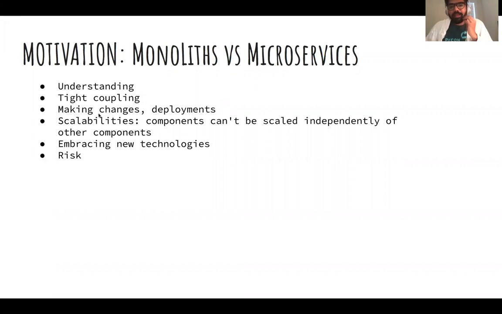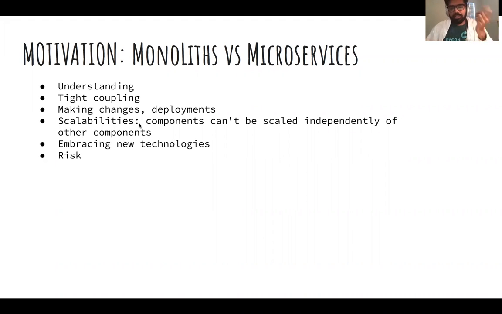The other thing is tight coupling. In a monolith, if you have to scale something up, say suddenly one feature of your app starts getting a lot of traffic. Say you're Facebook and the video streaming aspect of it is getting a lot of traffic. With microservices, you could just scale the video service. Whereas if you had a monolith, scaling the whole app would waste resources, because you're also scaling the other functionalities which don't require that much demand right now. Again, making changes, deployments, scalability, embracing risk, and